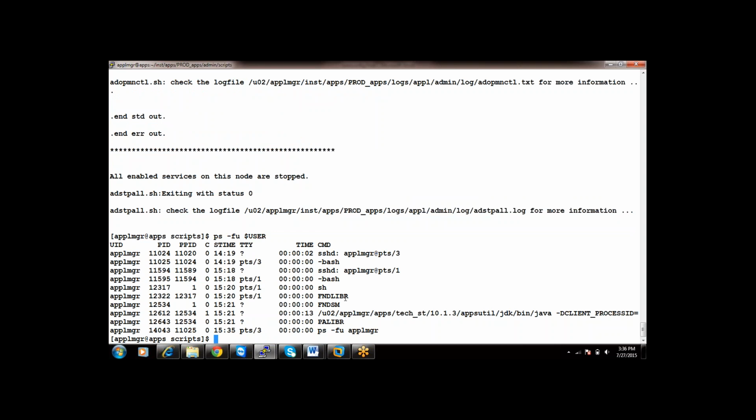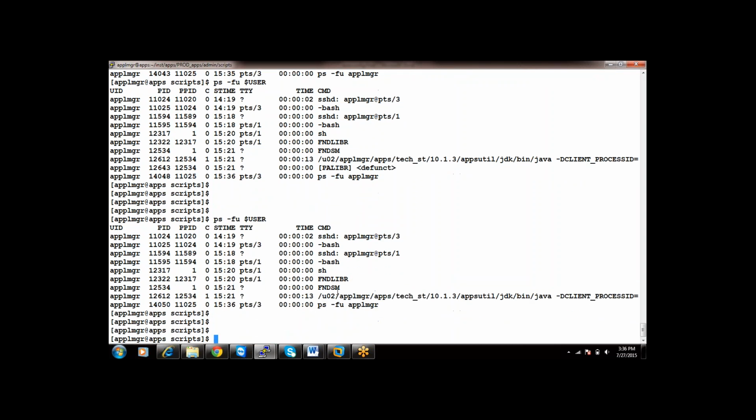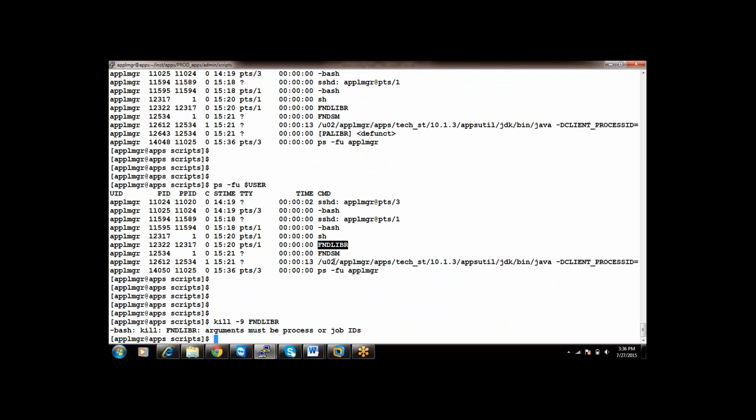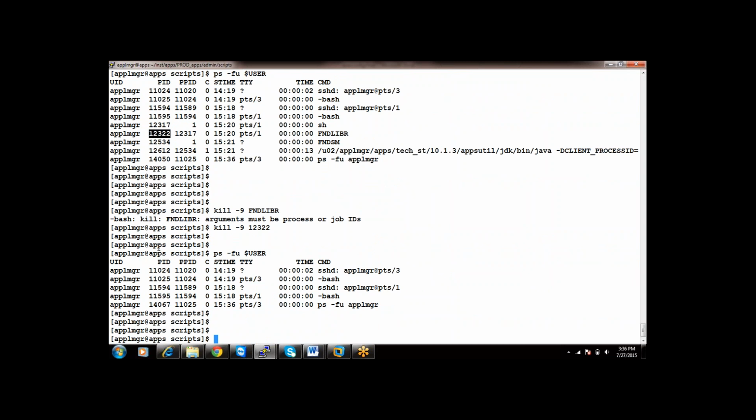See here, there are some concurrent manager related background processes running. Never kill FNDSM.